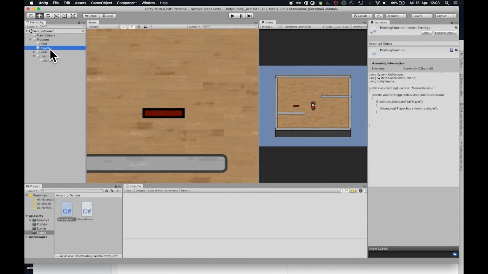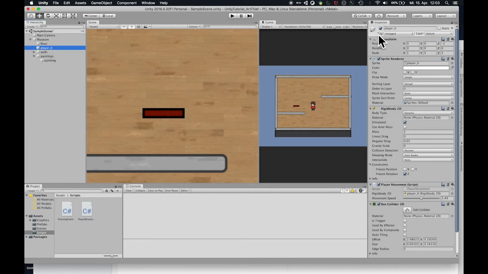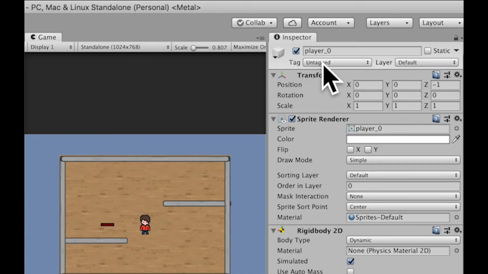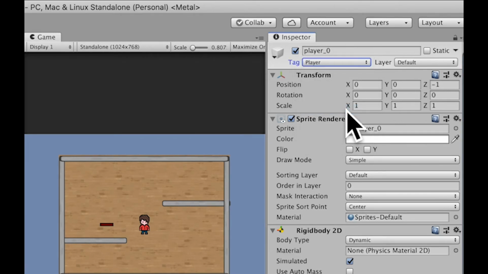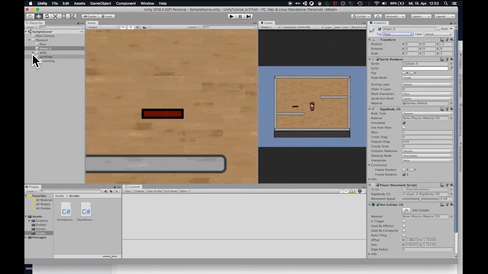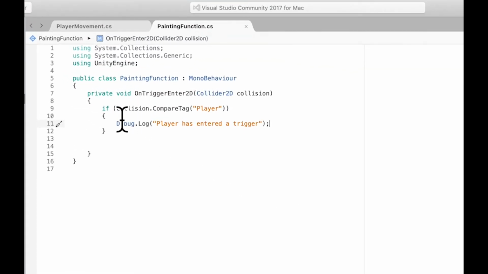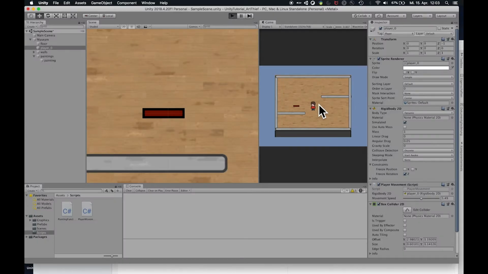Let's check our player, and right below the name you see the tag field. And here we can select something. At the moment it's set as untagged. So let's get in here and select Player. So here it's really important that you write it correctly also in the script. We select Player, and now our object player has the tag Player, and that's actually what we're checking. We're checking if the collision happens with something that has the tag Player. Enter the game mode. We can collide with the walls, and if we collide with the